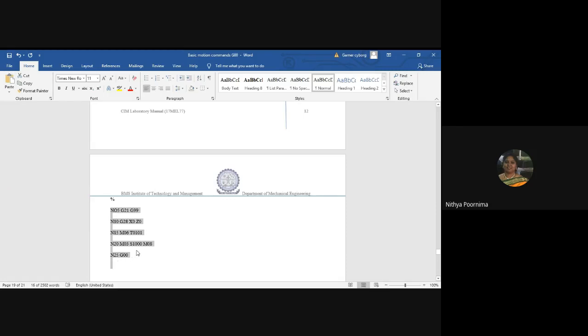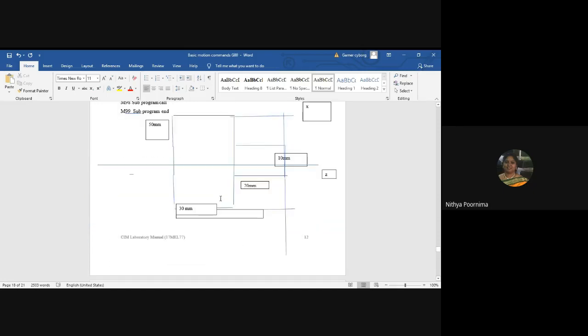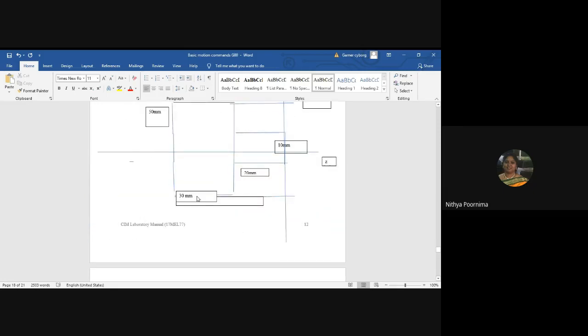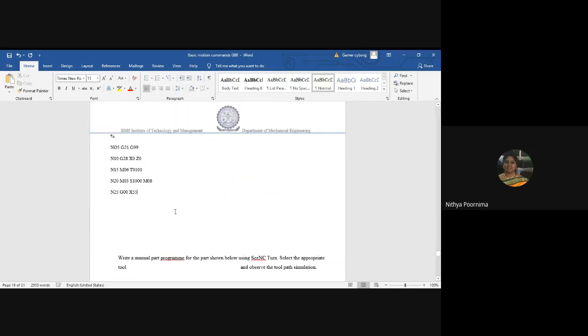You need to position it. What will be the position? If I give G00, X will be, here my dimension is X50. So the maximum dimension in the X direction is X50. What will be Z? I'll give Z as 1. Did you understand how I gave this rapid traverse?